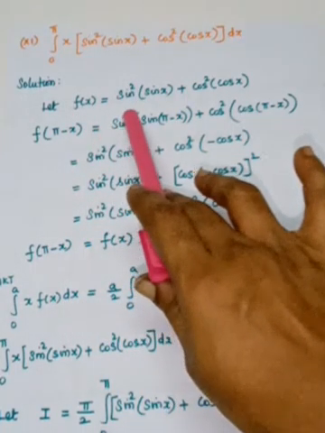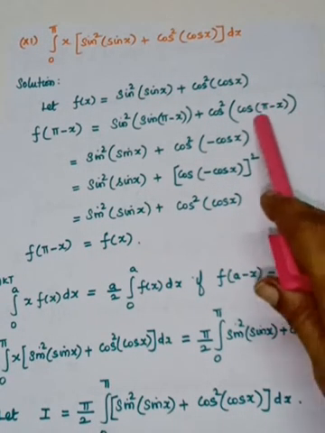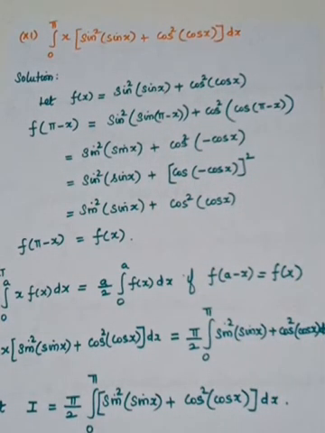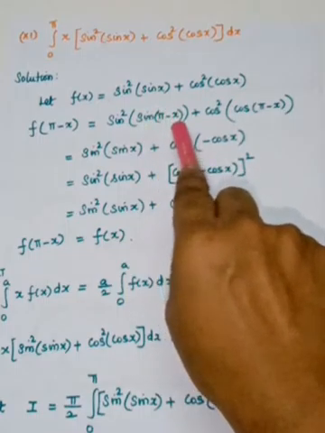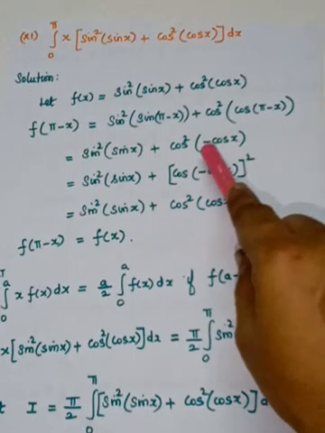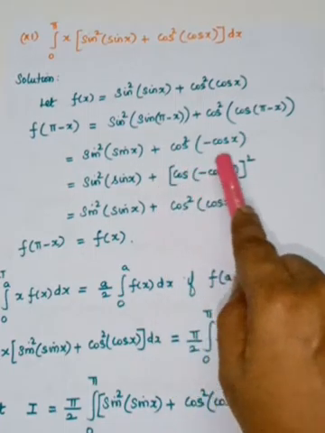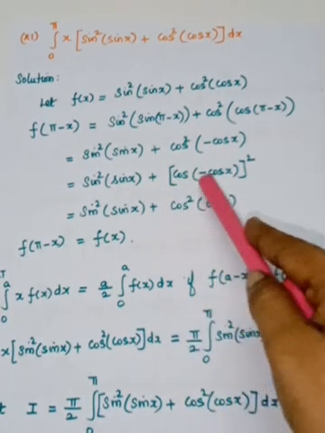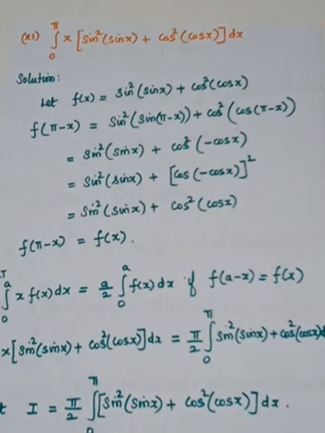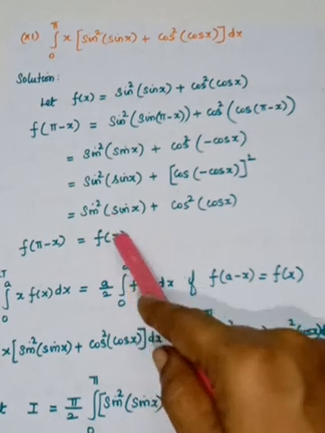So see that sin squared of sin of pi minus x plus cos squared of cos of pi minus x. Your x is replaced by pi minus x. So pi minus x lies in the second quadrant. In the second quadrant, sin is positive, so sin of pi minus x is sin x. And cos of pi minus x, in the second quadrant, cos is negative, so it is minus cos x. So it is sin squared of sin x plus, you see that the square, how it will be, cos of minus cos x the whole square. Cos of minus theta is cos theta. So therefore it is cos squared cos x. So it is equal to f of x.